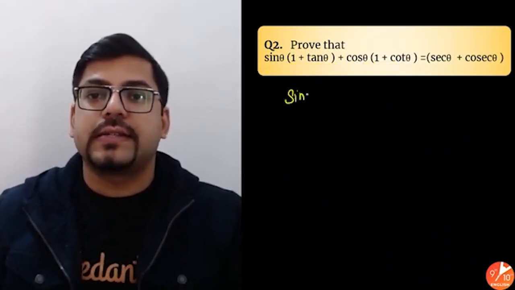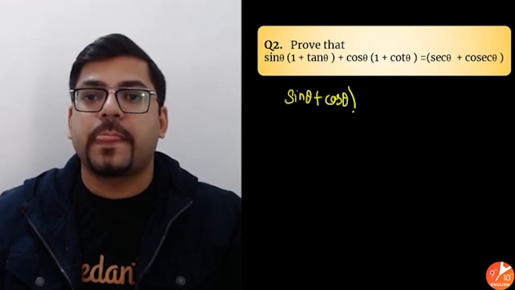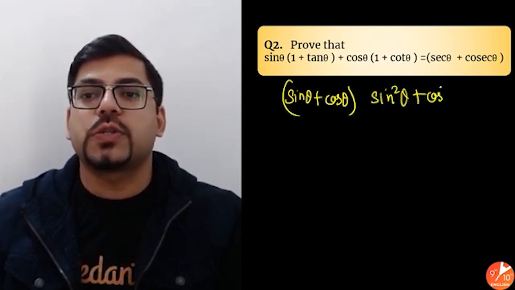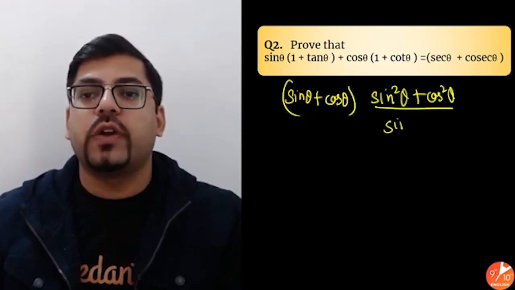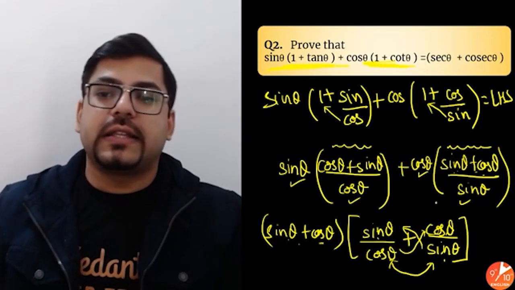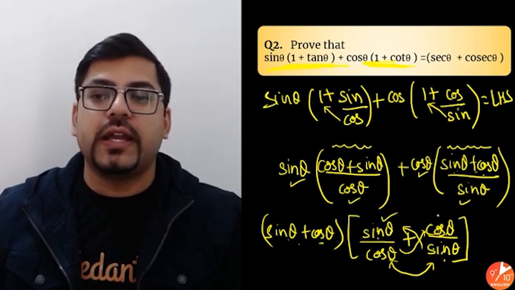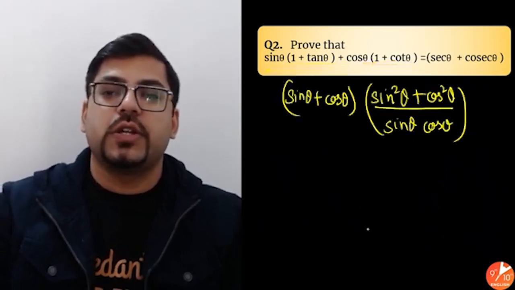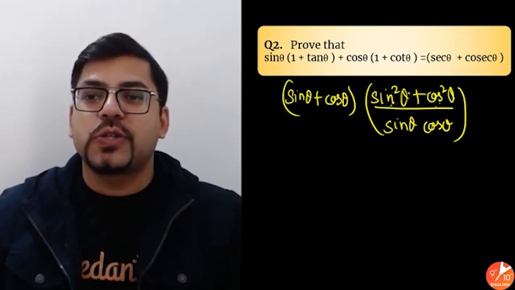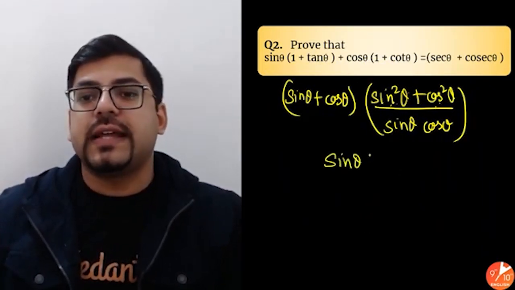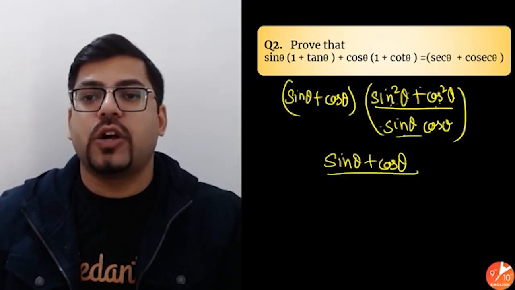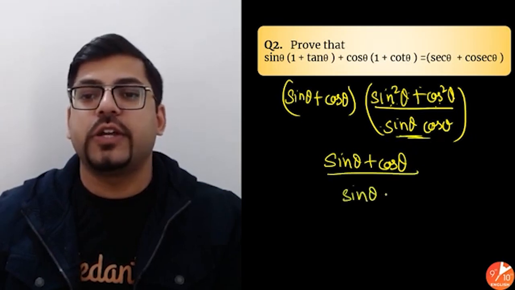So people, we get sine theta plus cos theta in bracket, and then here we get in the numerator sine square theta plus cos square theta. I hope you have got how we got this. Sine theta into cos theta in the denominator. It's pretty simple because this sine gets multiplied to this sine, so it's sine square, here also cos square, divided by sine cos. Sine square plus cos square, you know it is 1 without any doubt. So finally you get sine theta plus cos theta, and since this is 1, in the denominator sine theta into cos theta.